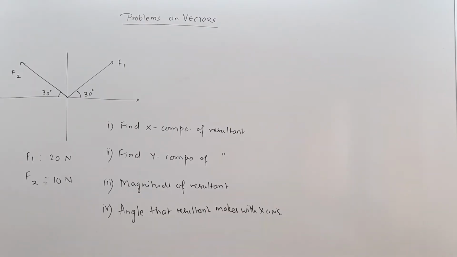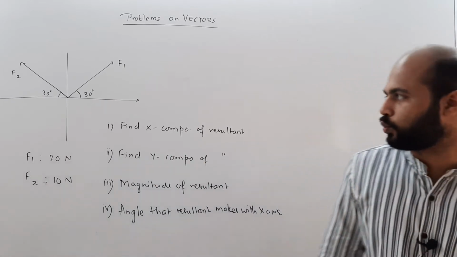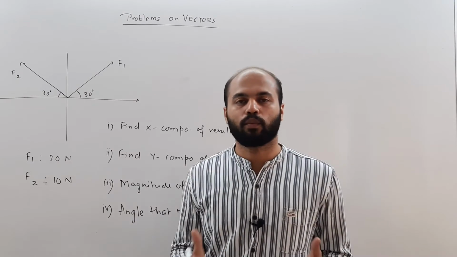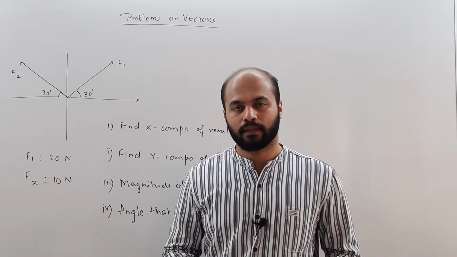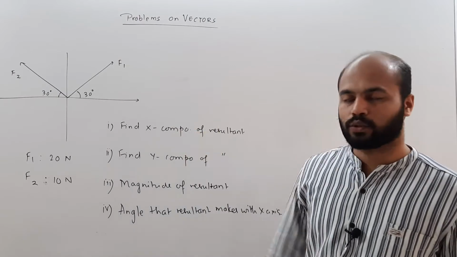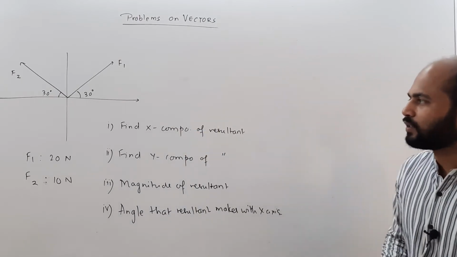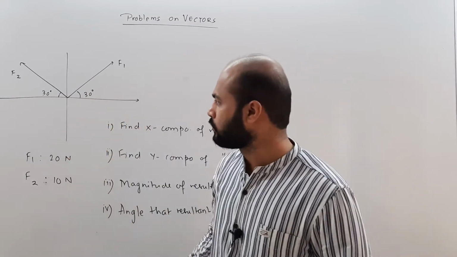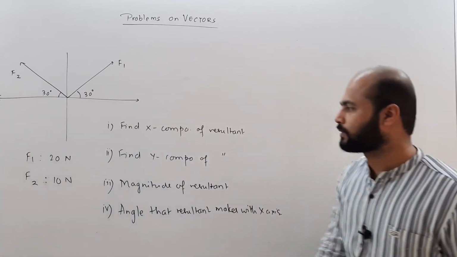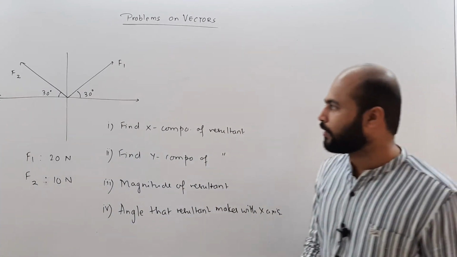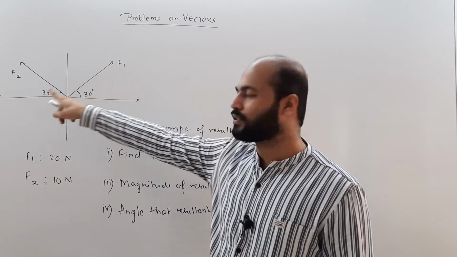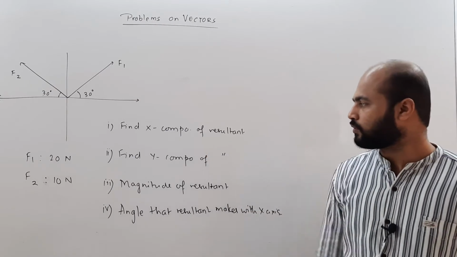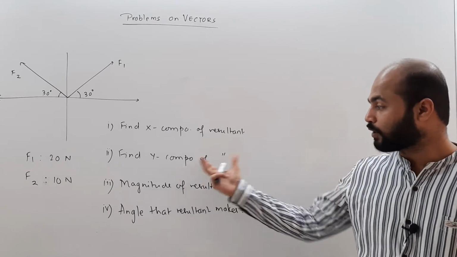Now we have this kind of a situation wherein the two vectors are F1 and F2, and these are two forces actually. So you know that force is a vector, just like momentum, velocity, force is one of the vectors. So we can have such a situation and the two forces are given to us. This one makes 30 degrees with the x-axis and the other one makes 30 degrees with the negative x-axis. So the magnitudes of F1 and F2, this is 10 Newtons, this is 20 Newtons and this is 10 Newtons. This is given to us. We have to find the x component of the resultant and also the y component of the resultant.